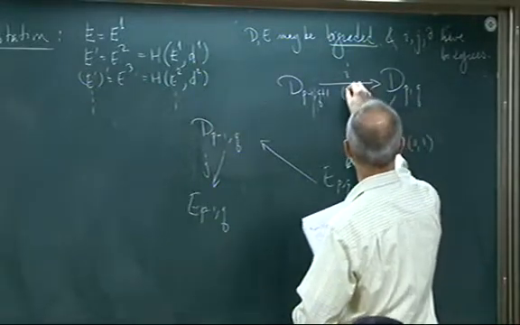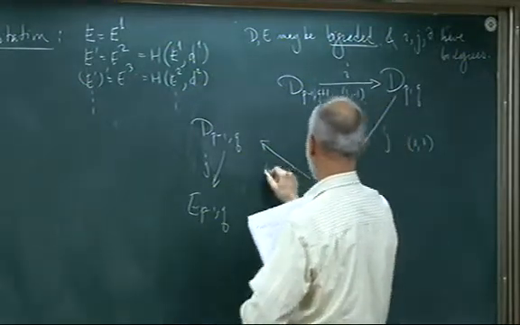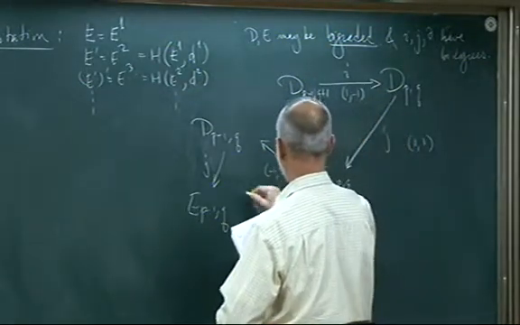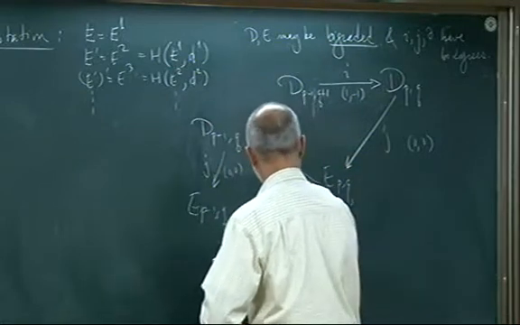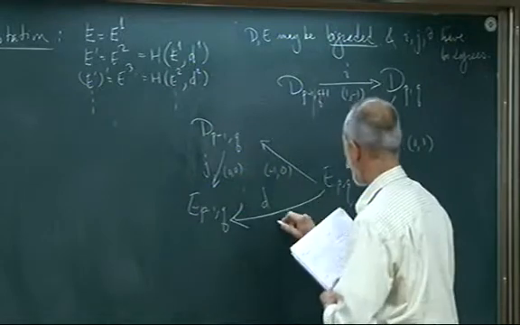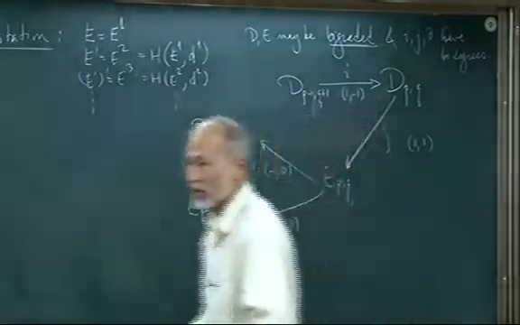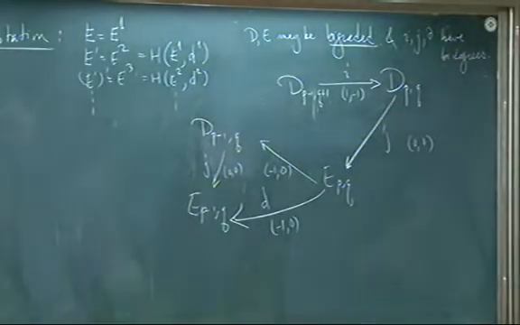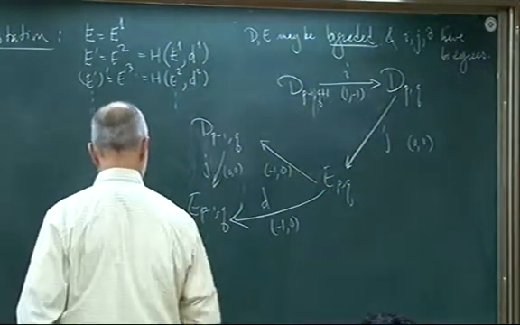This has bidegree 1, minus 1. This has bidegree minus 1, 0, 0, 0. So notice then the differential here has bidegree minus 1, 0. And more generally, when you derive these things, you discover that the rth differential,